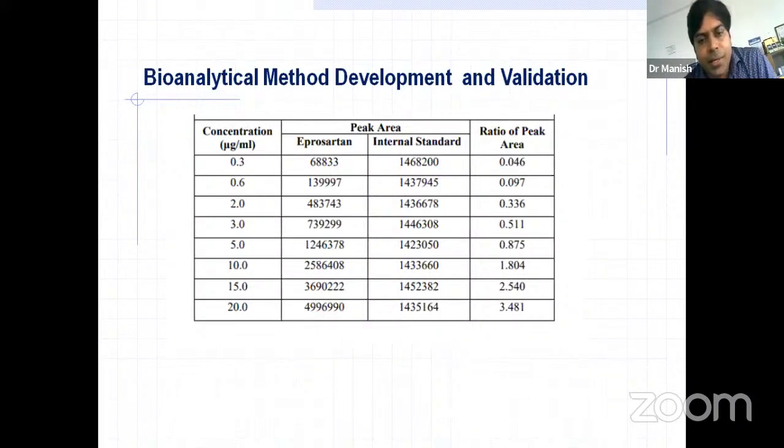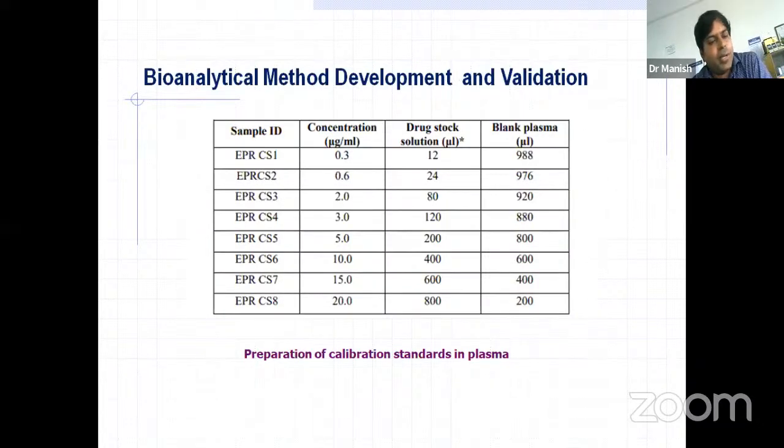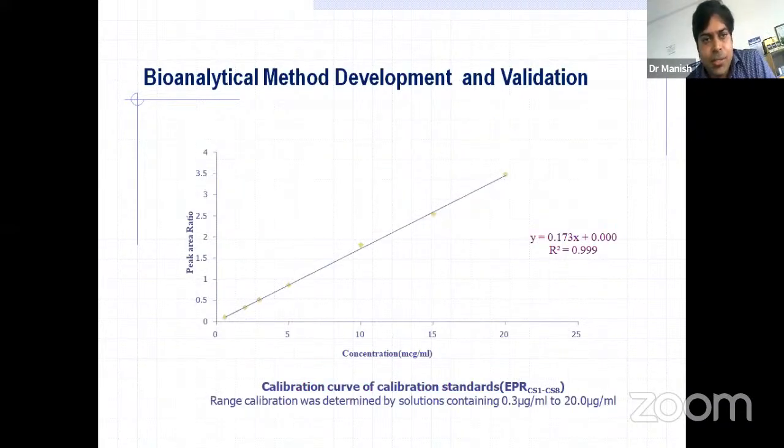So I think this method is clear for you, because the next step we are going to go for the validation part. So if you have any doubts in this part, you can